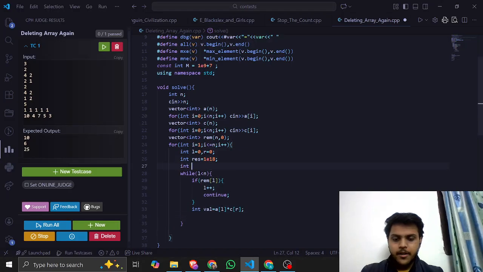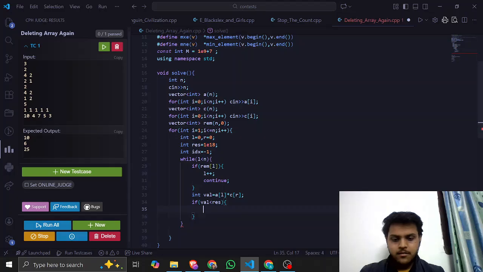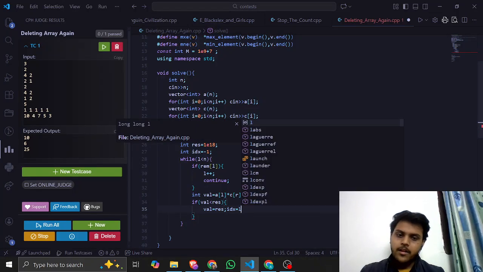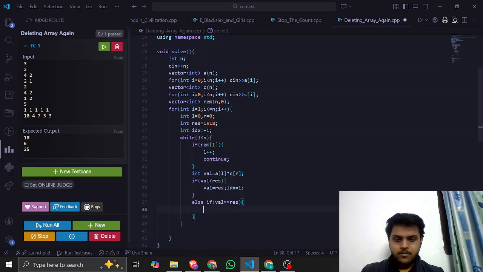I have to also find the index removed. Okay. If value is less than res, then res will be value and idx will be l. Else if value is equal to res, then so if value is equal to res and